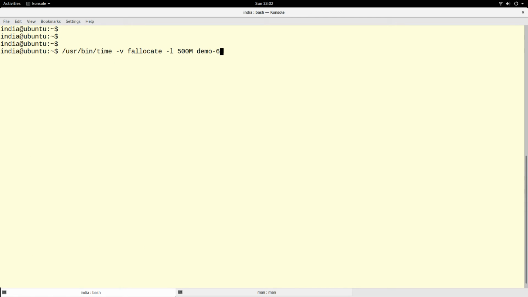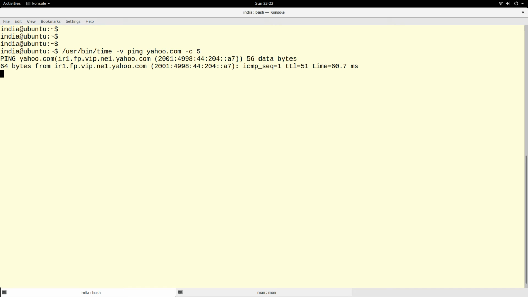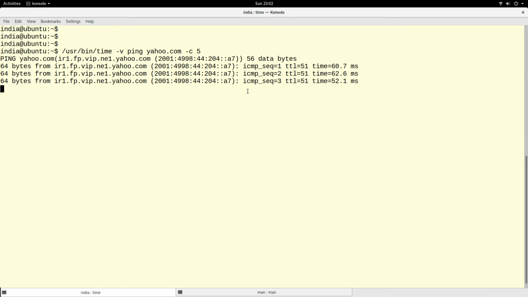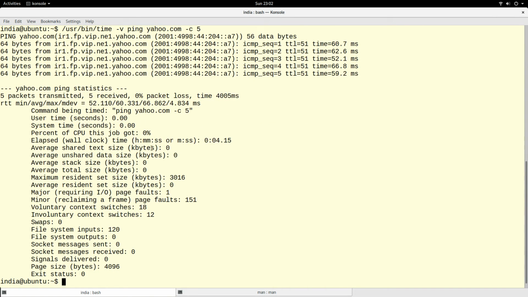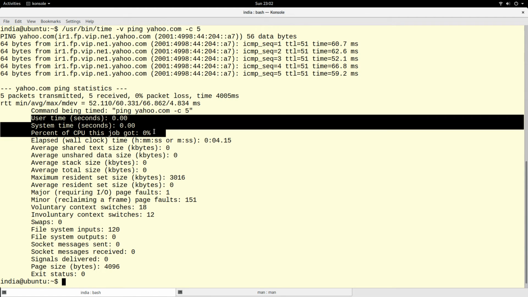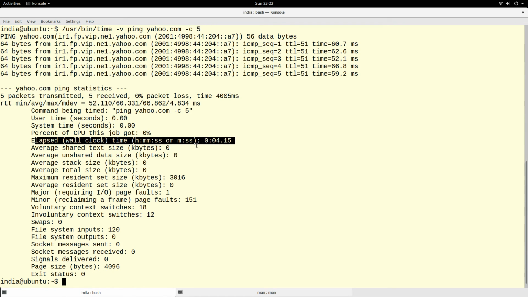Maybe let's do one more. Let's do a ping. We want to ping yahoo.com with a count of 5 pings. Let's see. So after the ping, it gave us the analysis of what happens. In this case, you see again 0% CPU usage, but the elapsed time in real time is for the